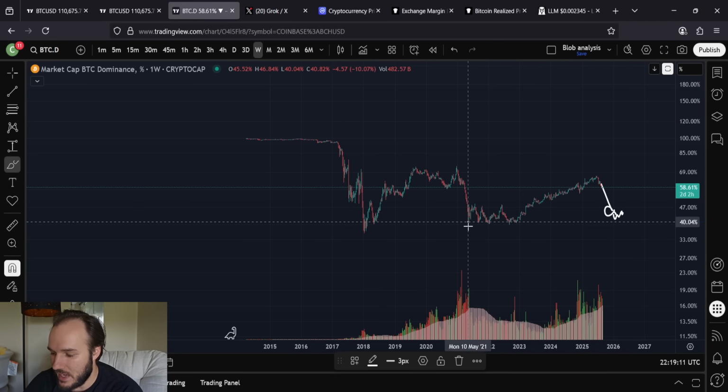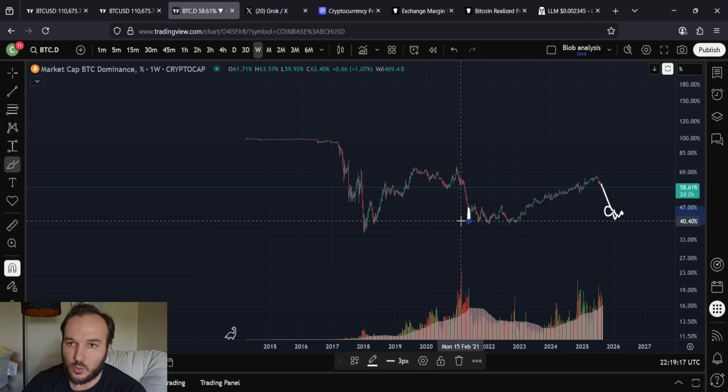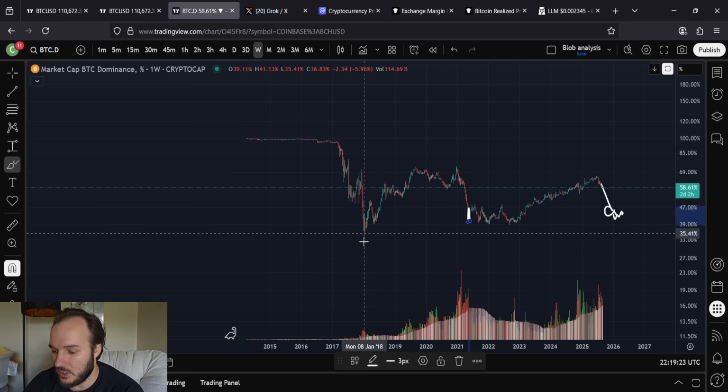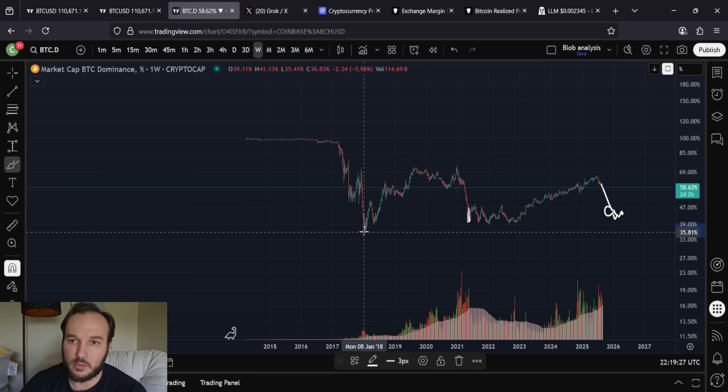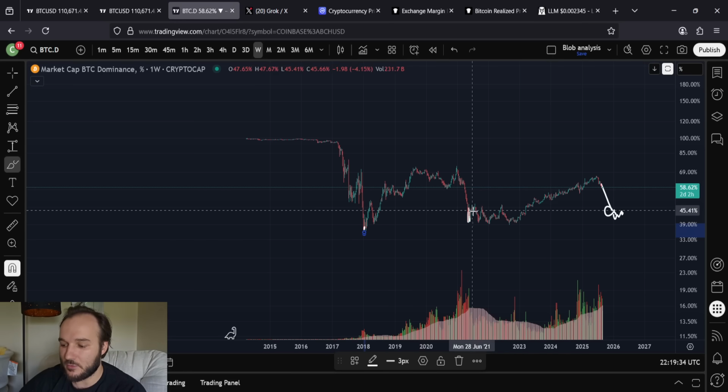Look here. This was May 2021. That wasn't the end of the bull market for Bitcoin, but that was the end of the bull market for a lot of altcoins, okay? April was the end of the bull market for Bitcoin. May, 1 month later, was when altcoins ended their bull market. Here, this was the low. That was in January of 2018. That wasn't the end of the bull market for Bitcoin. That was the end of the bull market for altcoins. Bitcoin ended its bull market in 2017, in December. But altcoins carried on for 1 more month. It's done that over the last 2 cycles.